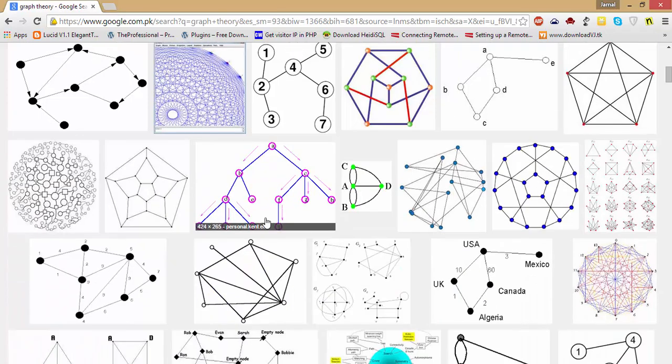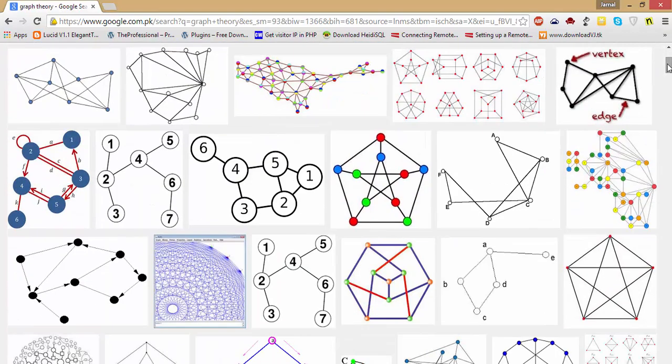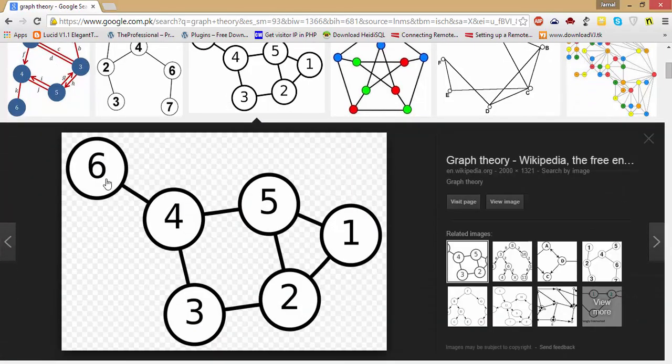So you have got the basic understanding of how these graphs are connected. These are directed, and these are undirected, and the circles represent the vertices or nodes, and these lines represent the edges. All right,